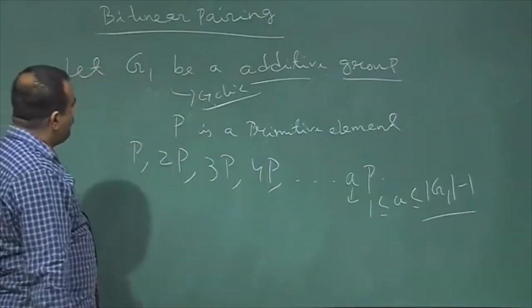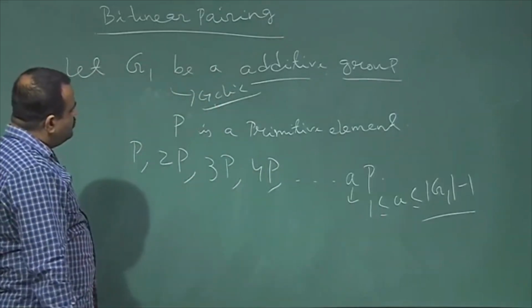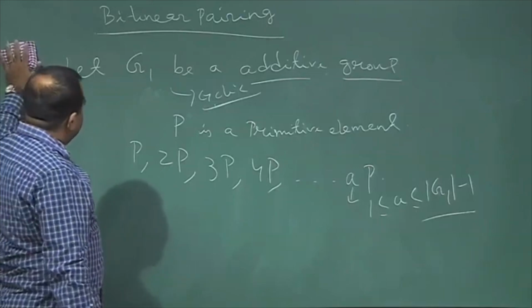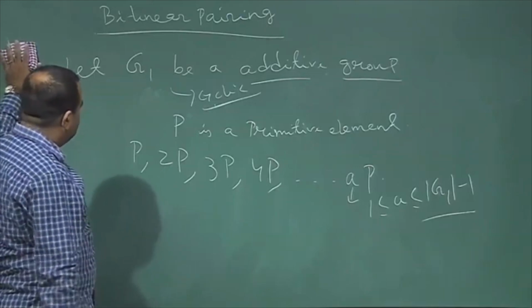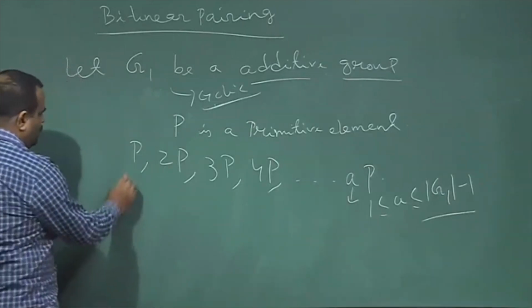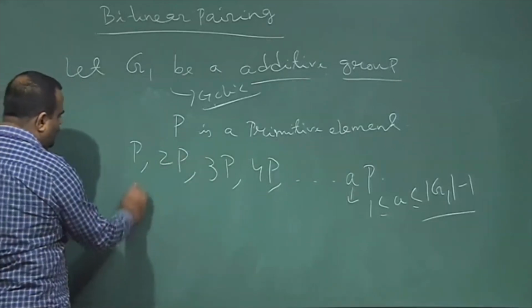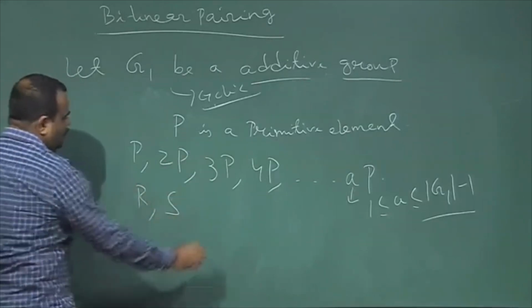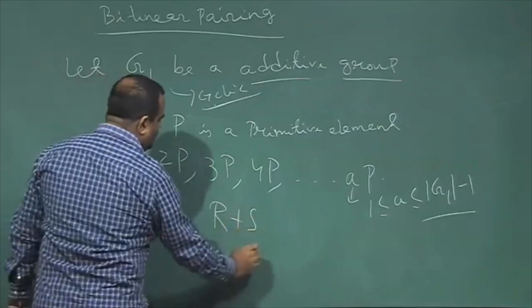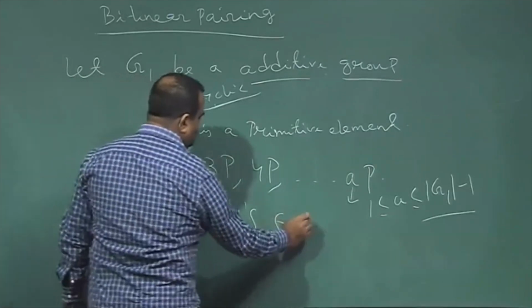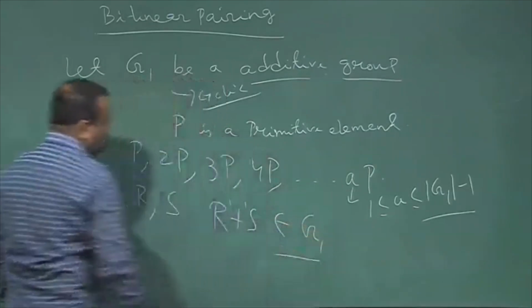Okay. So, basically if you take 2 elements R and S, then the operation is R plus S, additive sense, it is in G1, and typically